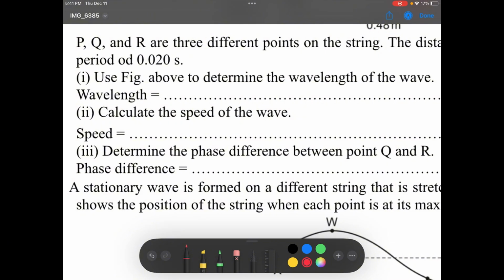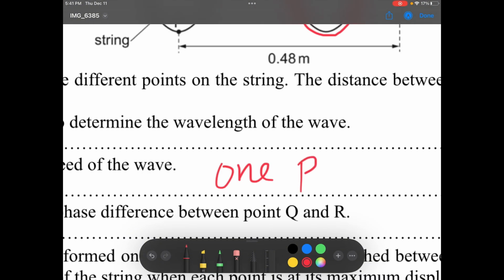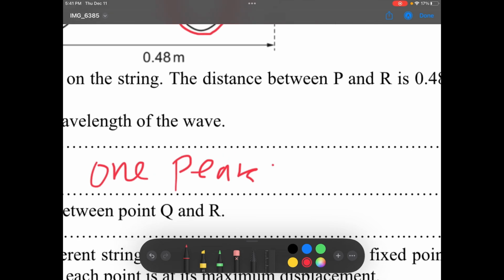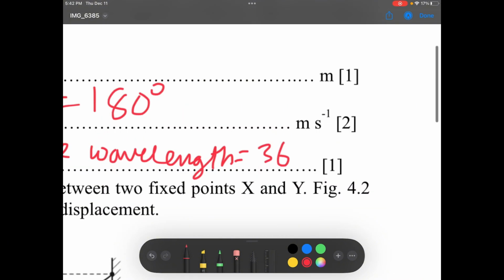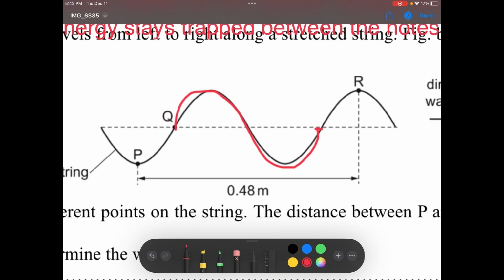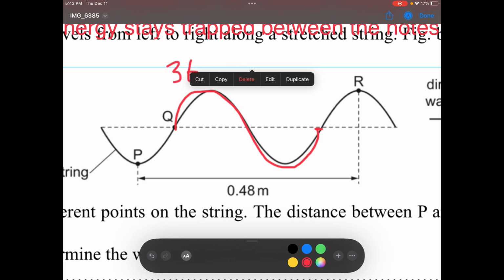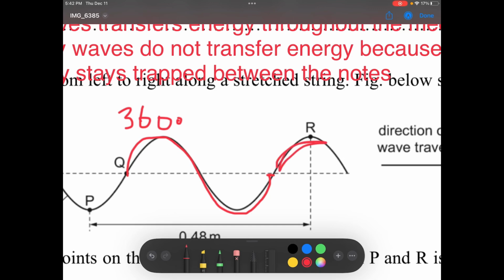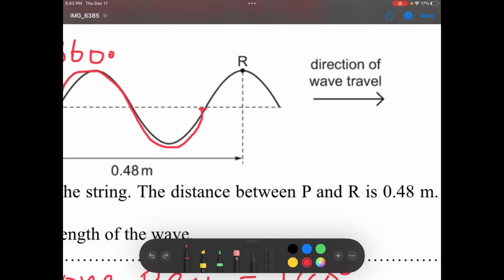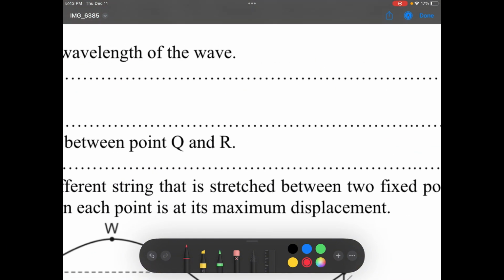Determine the phase difference between point Q and R. One peak is 180 degrees. For one wavelength, 360 degrees. Here we have one wavelength, so that is already 360 degrees. Since this is a peak, this is half a peak, that means 180 divided by 2, which equals 90, which gives us